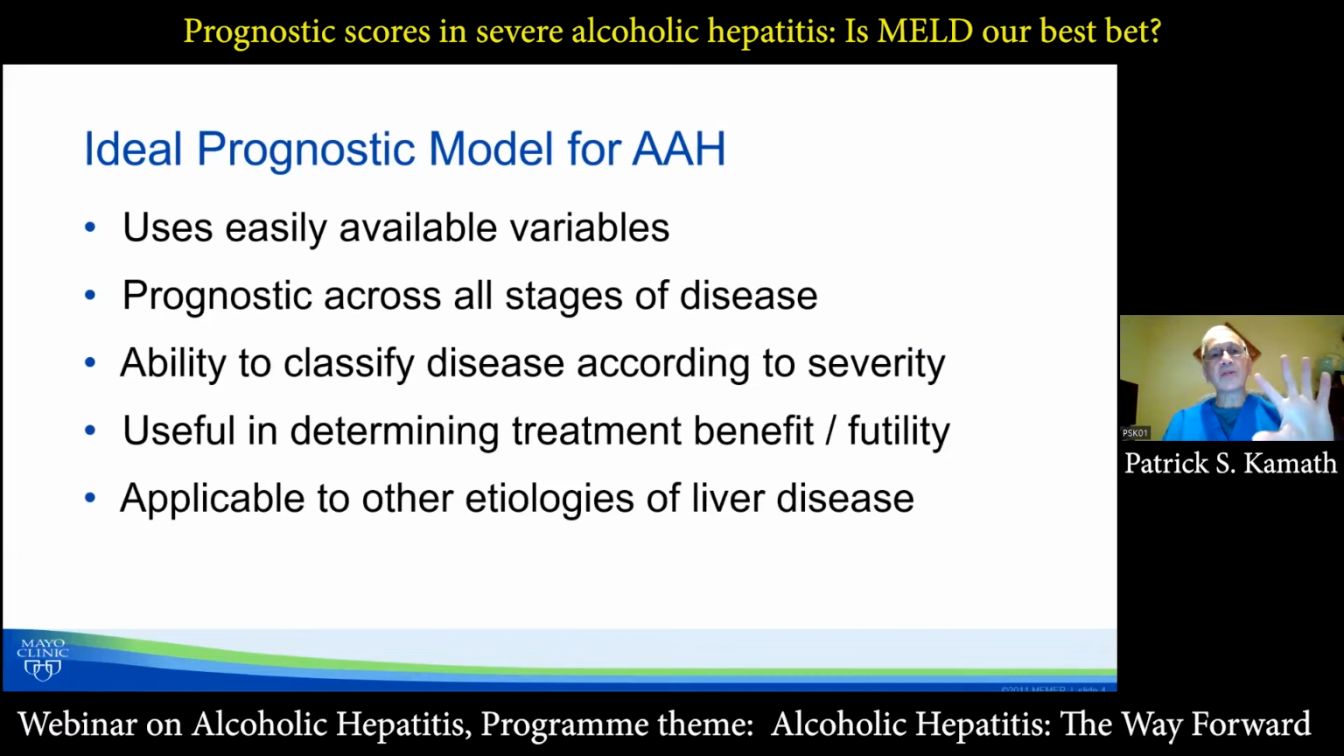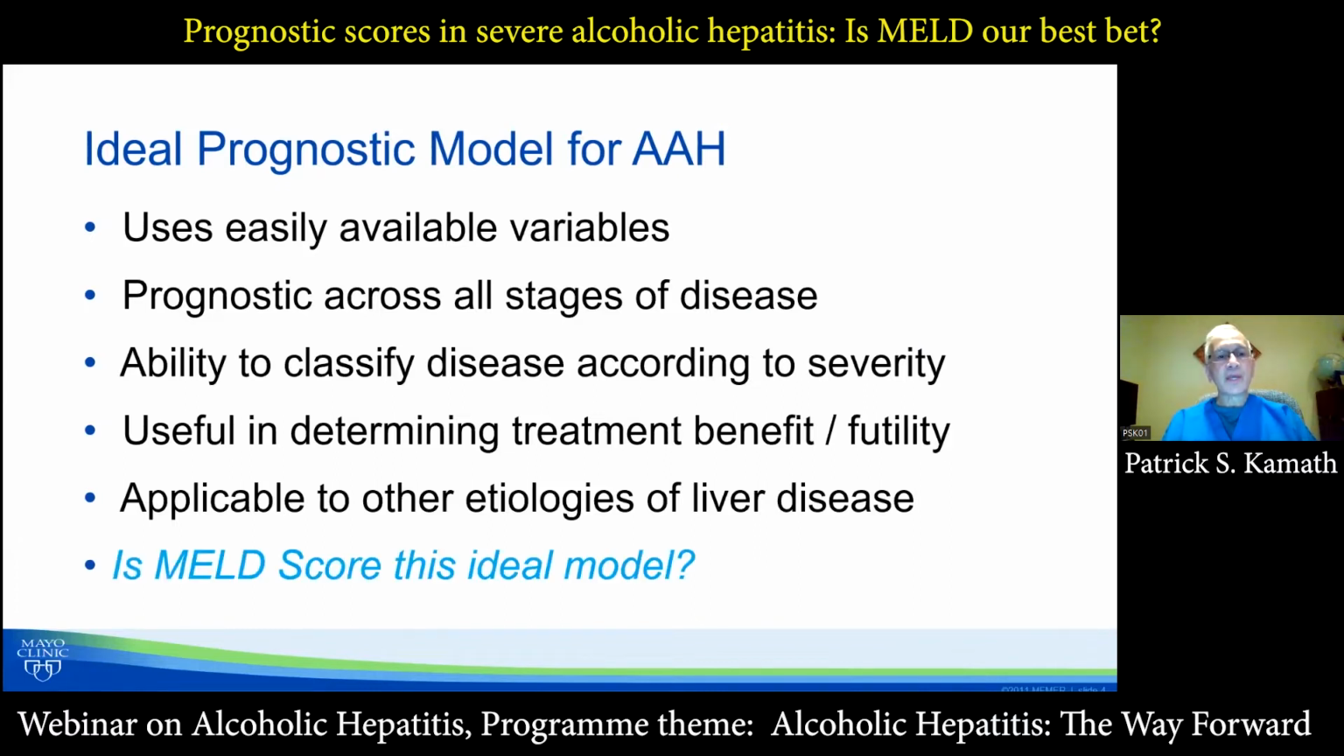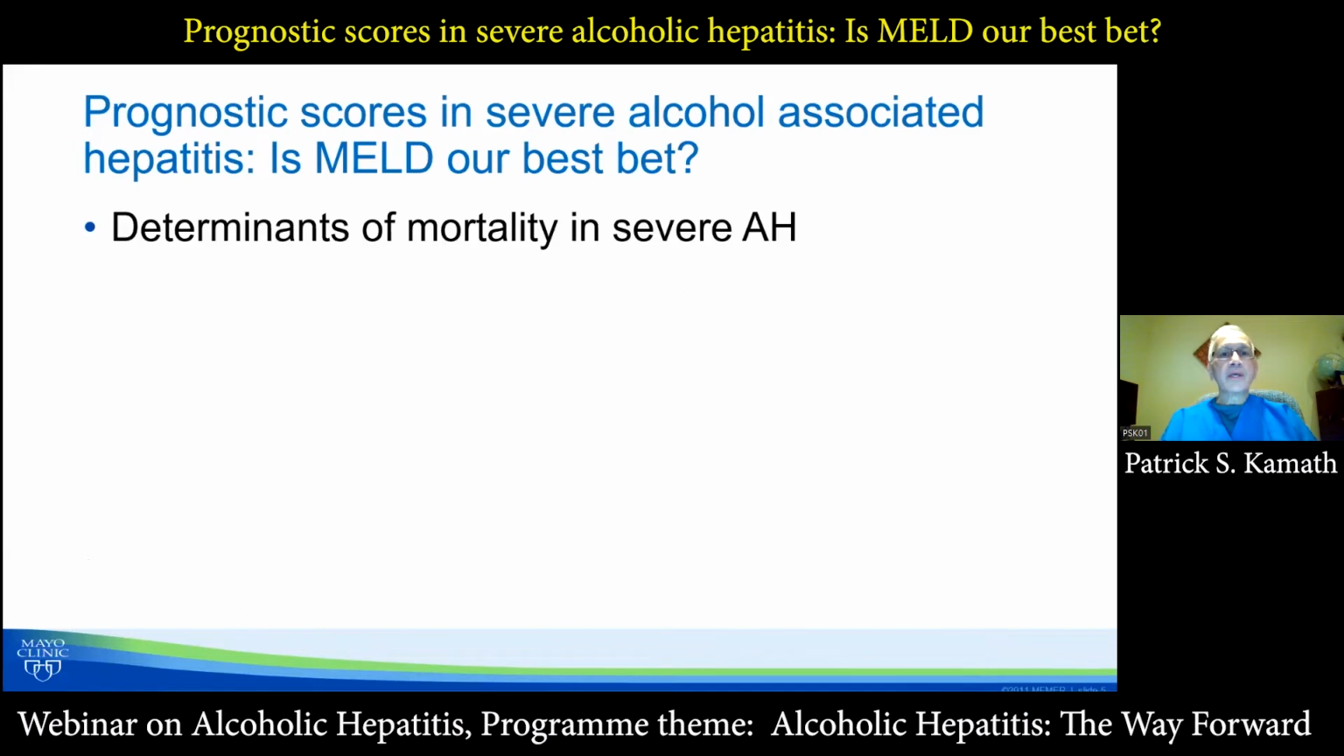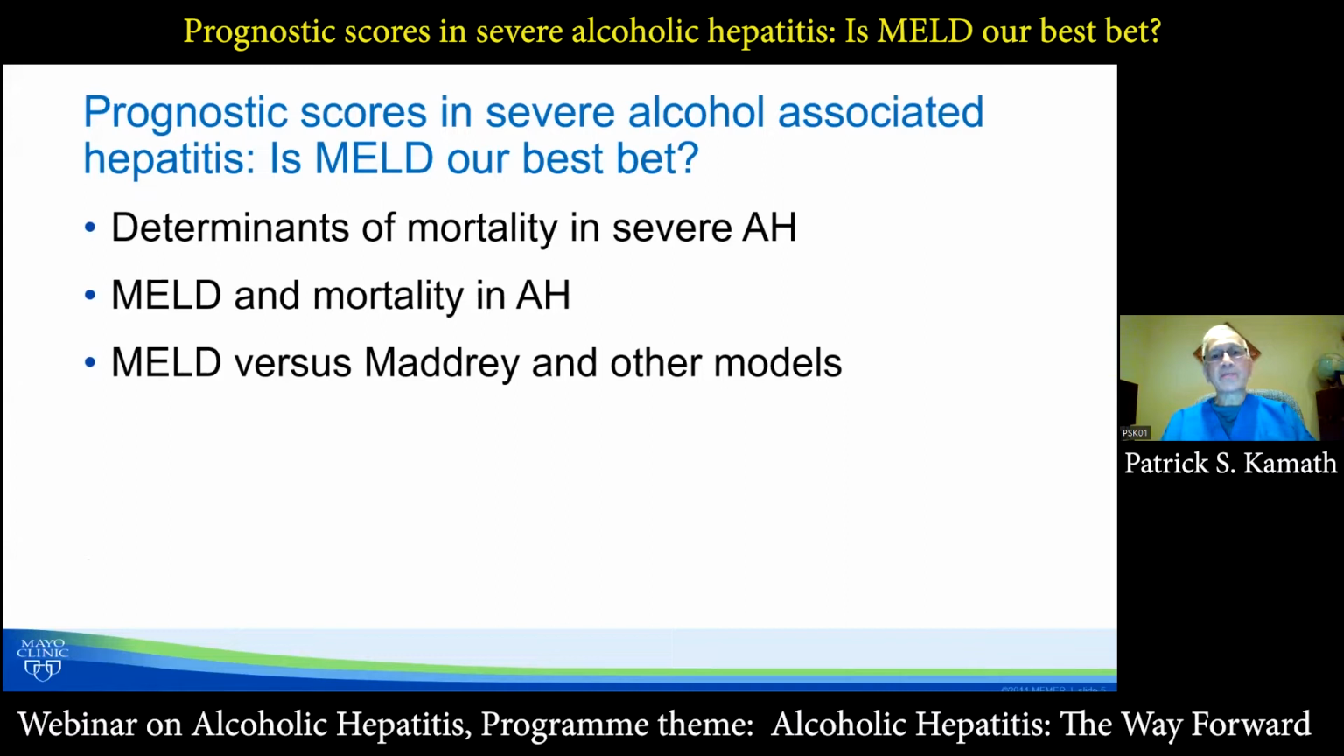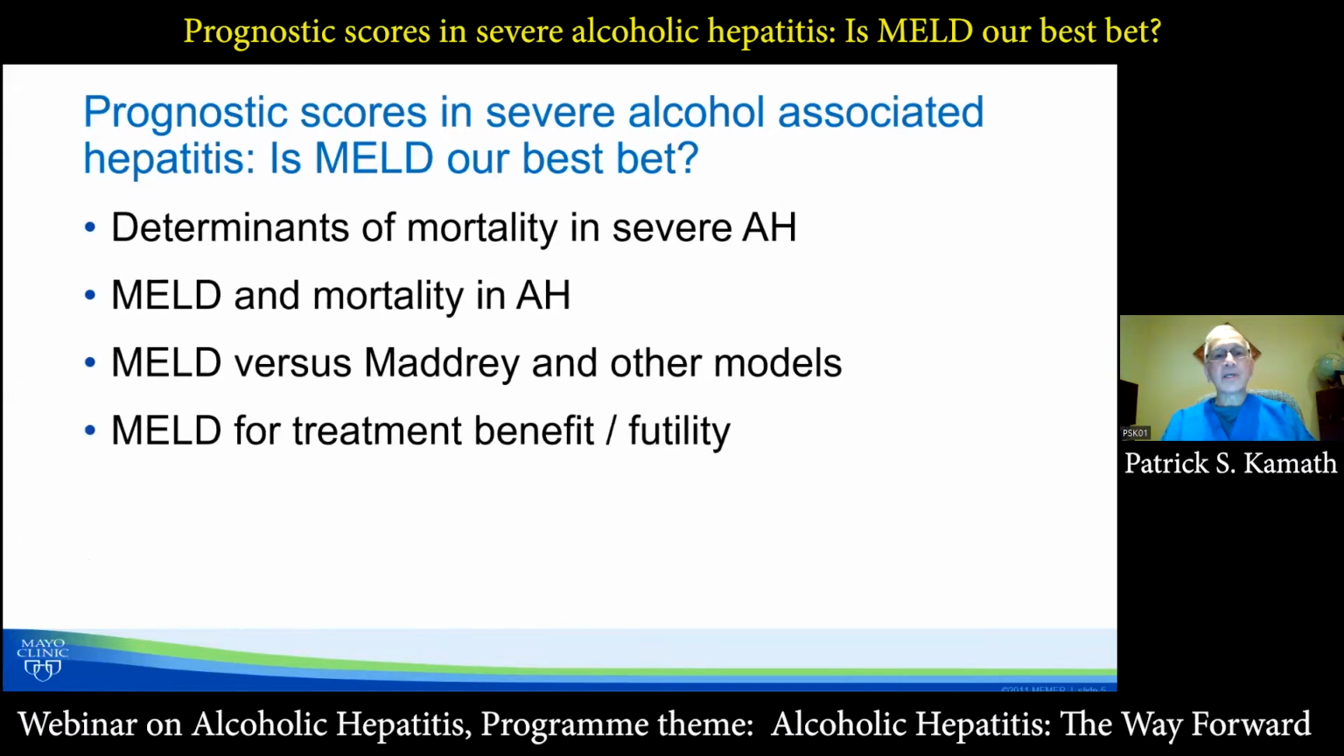Remember, there is one allocation system for organ transplantation in most parts of the world. So you cannot have a different score for each disease. And the question I have to address is, is MELD score this ideal model? So in this talk, I will go over the determinants of mortality in severe AH, MELD and mortality, MELD versus MADRI and other models, MELD for treatment benefit or for futility, future directions, and then maybe we'll have some take-home